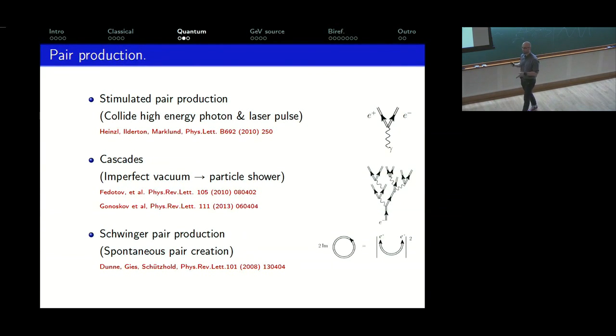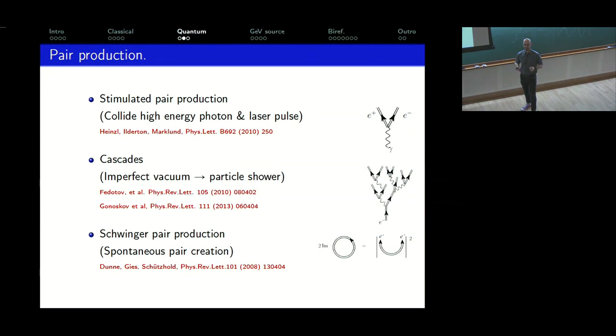Above 10 to the 23, 10 to the 24 watts per centimeter squared, depending on which paper you read, any particle presence or photon presence in a very intense laser will lead to an avalanche of particle production. Even having an impure vacuum will lead to an avalanche of particle production. Because whatever is in the field of the laser will be violently accelerated. It will emit high energy photons. Those photons will create electron-positron pairs. They'll emit photons, they'll create pairs, and you get a cascade or an air shower of particle creation.